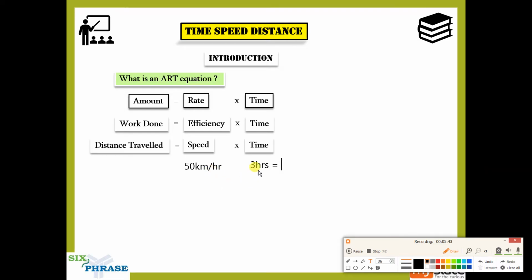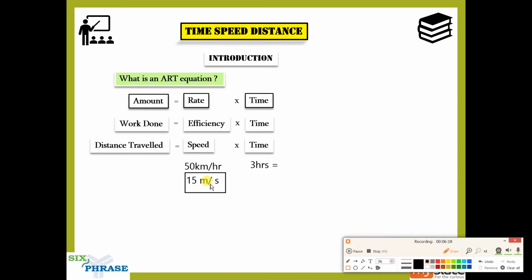And one important thing I'd like to point out here, guys, is that it is only in this time, speed, distance topic where you will have to make sure that the units are the same. There is no other topic where you will have to look for these units being the same. Because sometimes speed will not say 50 kilometers per hour. It will say 15 meters per second. Now this is also speed. This is also a representation of speed.